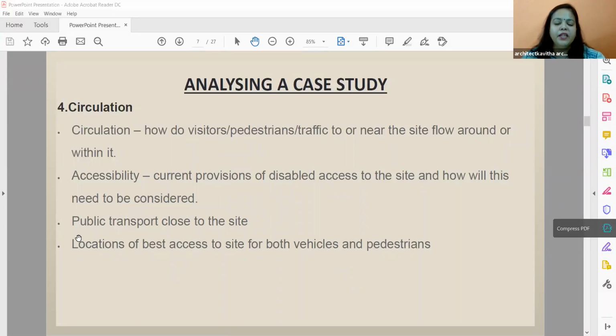For public buildings, they give two entrances. One is like a main entry, the other one is like an escape entry in case there's any fire or something. So you have to check all the vehicle access also. Is it easily accessed into the building? Not like you have an entry of vehicle somewhere from the back, you stop and you walk so much inside. That shouldn't be there. So you can check all that, how the accesses are there.